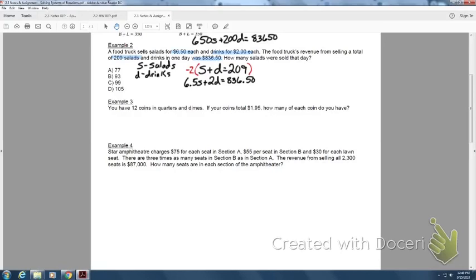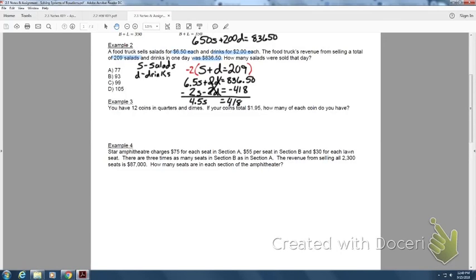Alright. Doing this one by elimination, well, I'll make that point at the end. So I've got -2S minus 2D equals -418. So now the D's eliminate, and I've got 4.5S